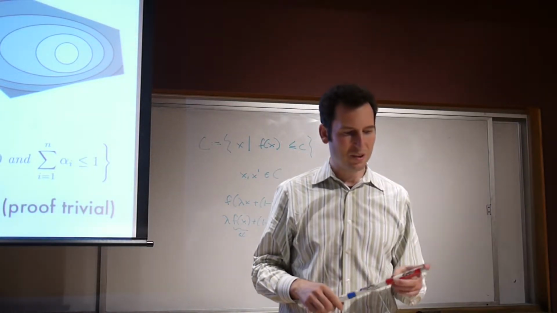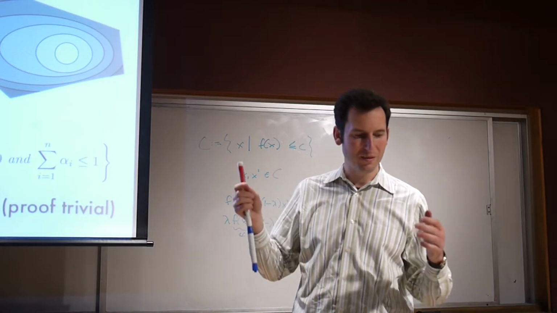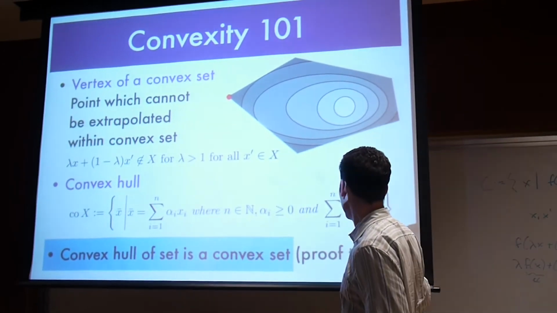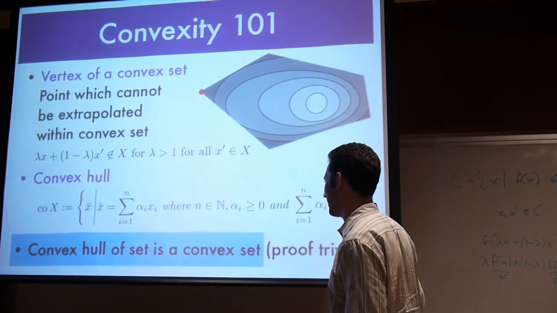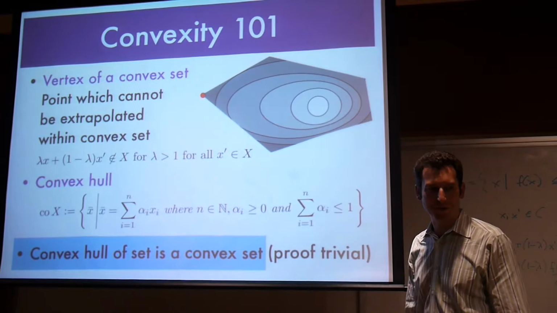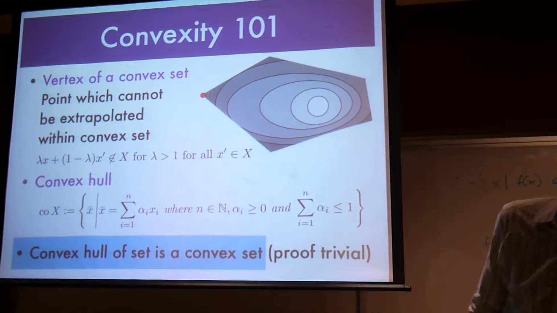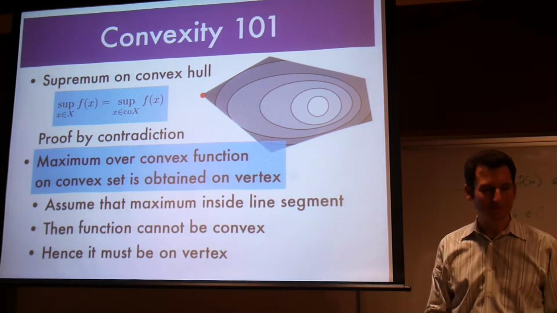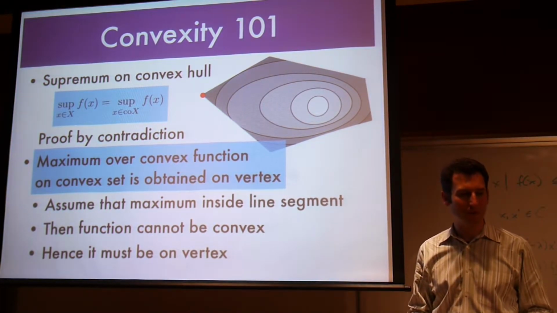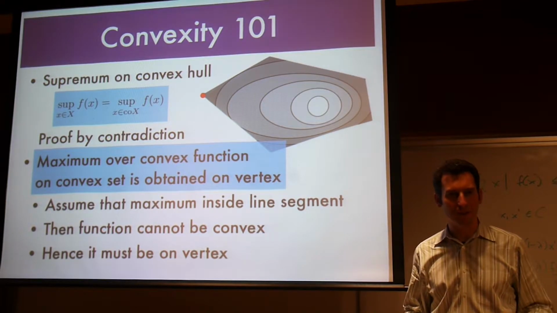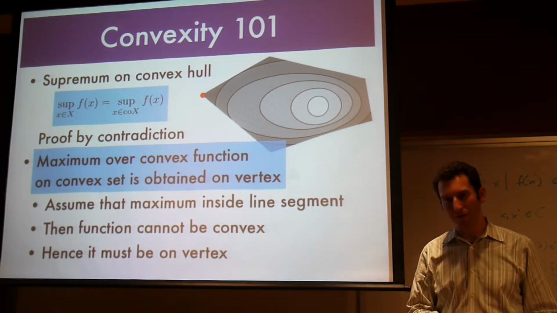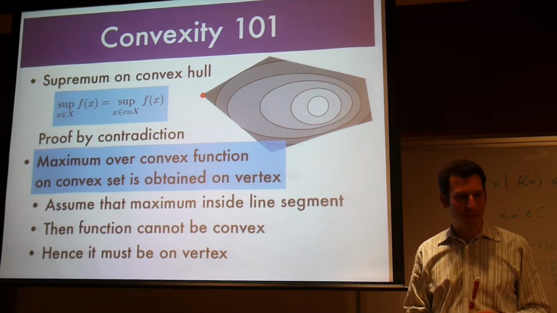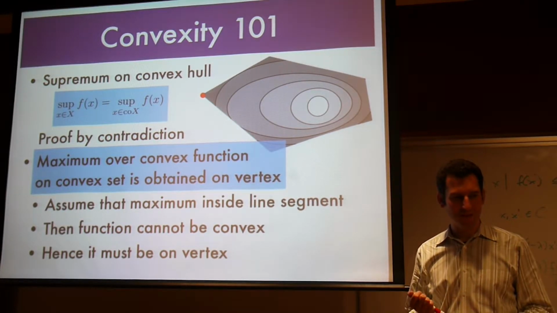Convex hulls? Well, I just take linear combinations with weights summing to 1, and the convex hull of a set is a convex set, and that's straightforward to show. Now, this is an interesting one, and it can sometimes be quite useful. As a matter of fact, we're going to use that for linear optimization problems, and especially total unimodularity in a moment. So the supremum on a convex set, on a convex hull,